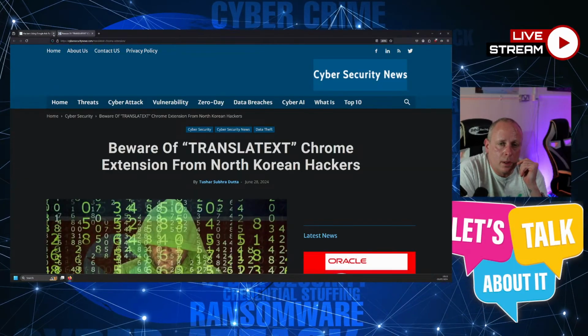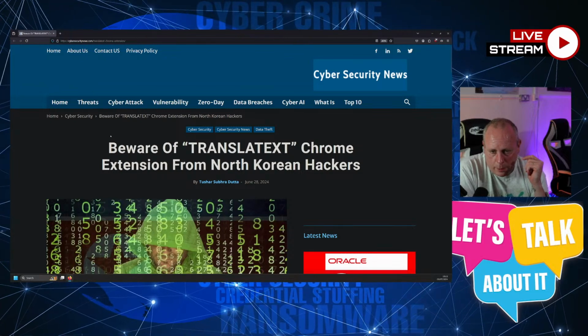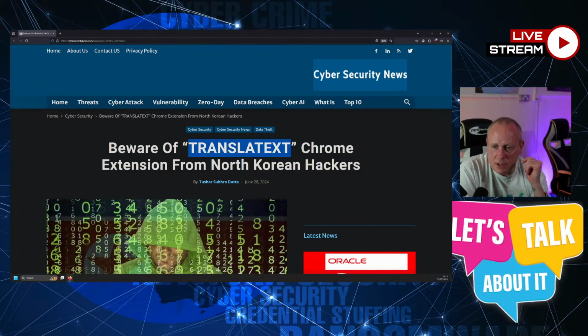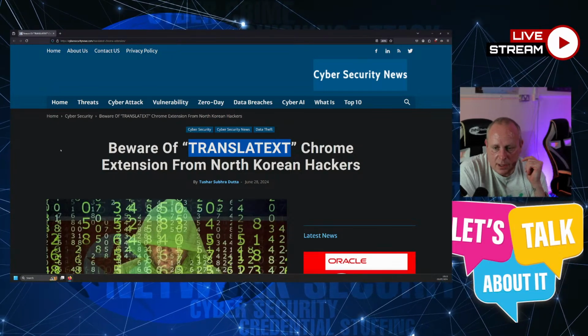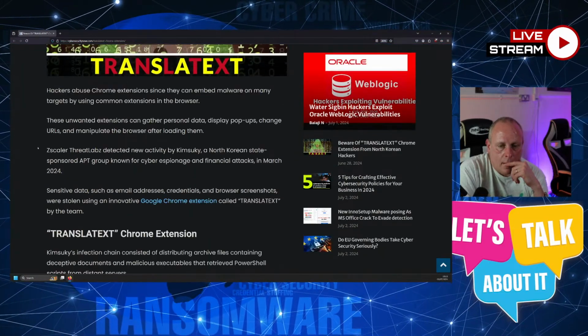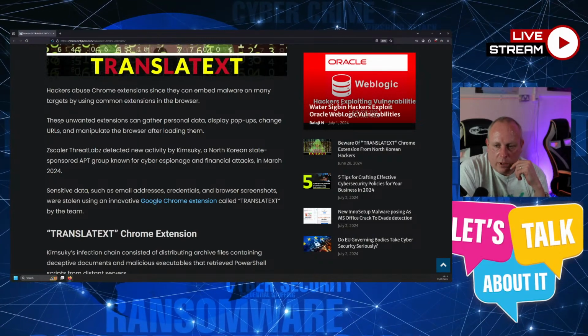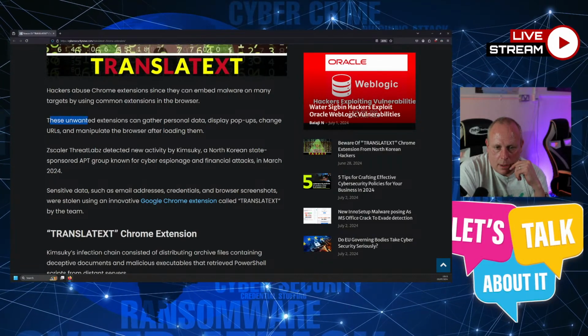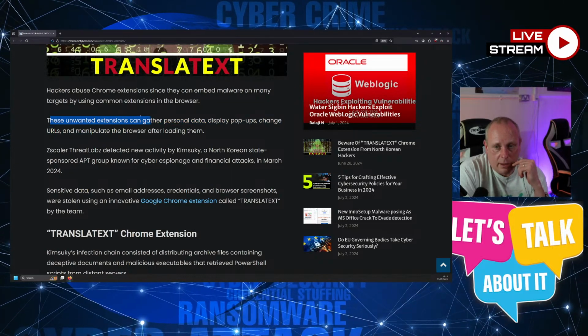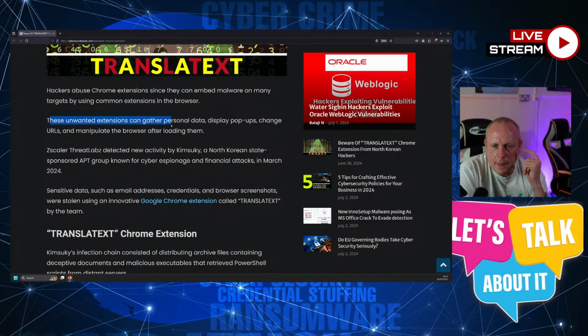We've got a Google Chrome plugin. So translate text. I'm assuming it's a translate text extension from North Korean hackers. What this is doing is they can gather personal data, so it's just saying can, so I'm assuming they've not actually ripped it apart.